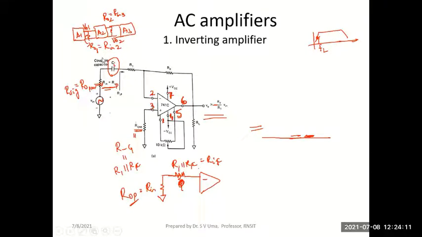And always we couple AC signals through capacitors because they will prevent DC signals of different stages from affecting each other. One stage's DC conditions should not affect the DC conditions of the previous or the next stage. That's why we always use separating or coupling capacitors between stages to give input and to measure the output.